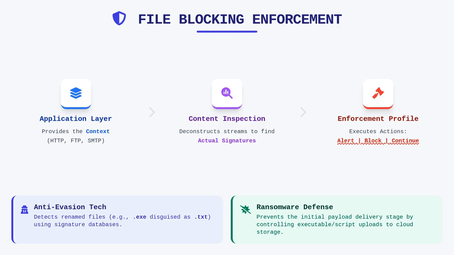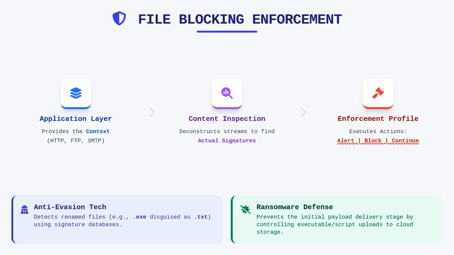When we approach the challenge of data exfiltration and malware delivery, we must recognize that the application layer provides the context, but the file blocking profile provides the enforcement. A Palo Alto Networks firewall does not simply look at a stream of bytes. It deconstructs the encapsulated file within sessions like HTTP, FTP, or SMTP. By configuring a file blocking profile, you assign specific actions, alert, block, or continue, to various file types based on